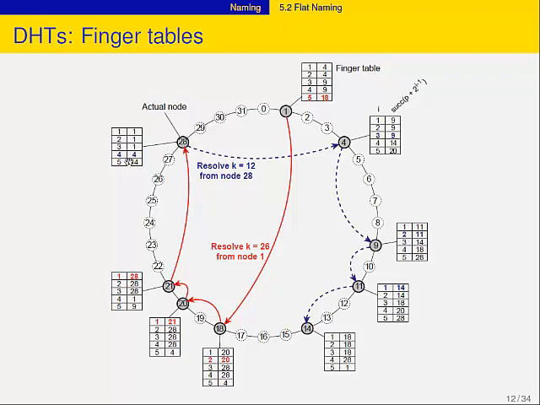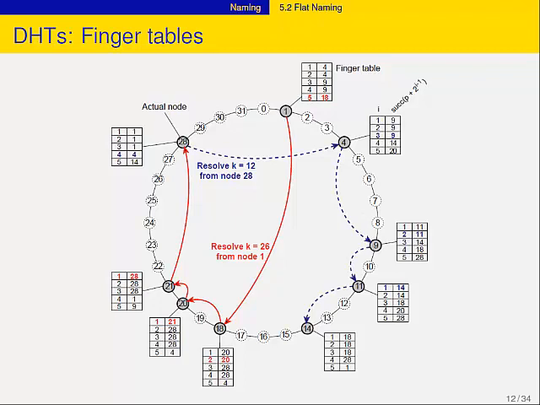It's not clear whether this is the right one, but maybe you can discover in due time, because nodes may come and go. So for now, 4 left and told 1. 28 discovers there's no 4. Who then? Oh, 1. 1's my best choice, let me hand it over to 1. It's just not optimal, but it will get there. 1 knows that 4 is not there, so 9. And then there's this guy 18 over there. It gets 12, and 12 sees these guys are not there, so I have to forward it to 9. It will just forward the request to 9. Hey, we're back en route.